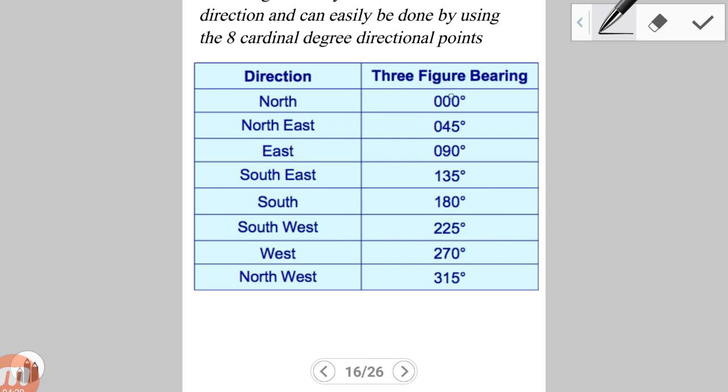So if an object is traveling perhaps say 0 degree, then we expect that the object may be traveling north. 45 degree means the object will be traveling in between north and east, which naturally would have been northeast. If the object is traveling on a bearing of 90, usually we indicate this by saying that the object is traveling due east. All right, so most times you will hear us say in the question that the object is traveling due